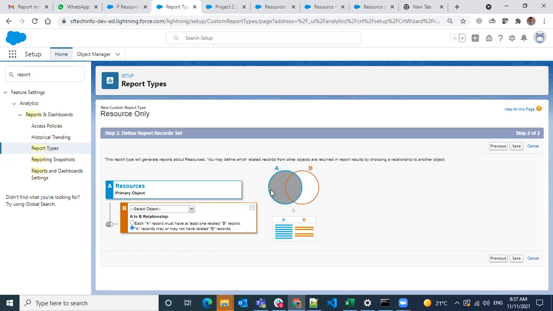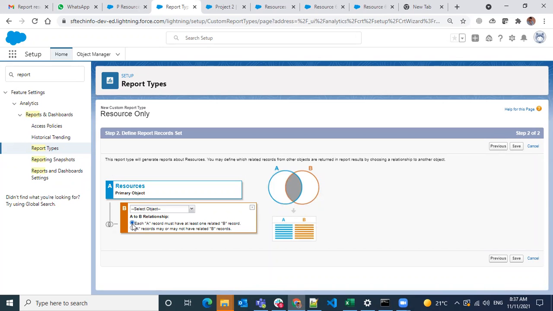That means they are not linked to A, so it's not going to show that data. It will only show the A data, and if it links to a B, then it will show. If it is not linked to B also, it will show only the A data.